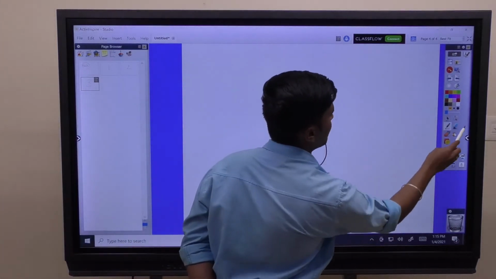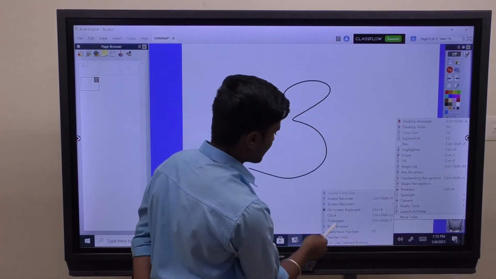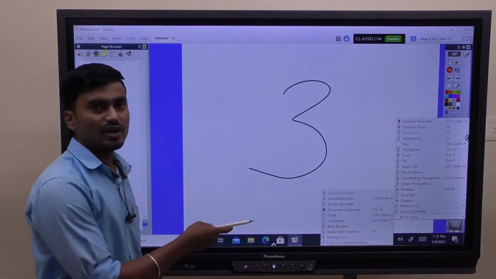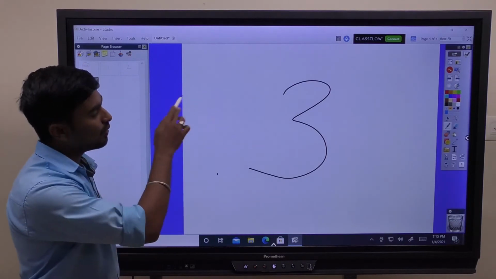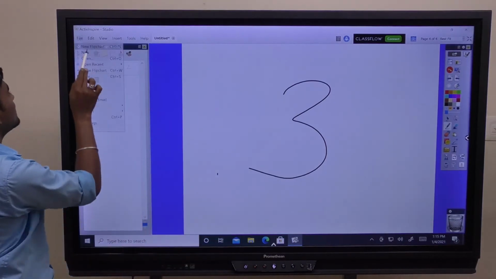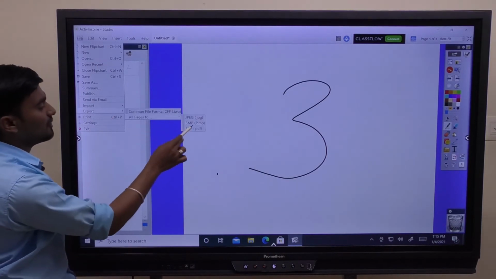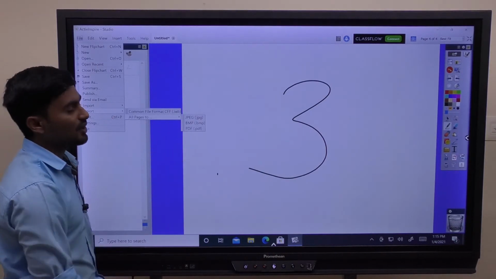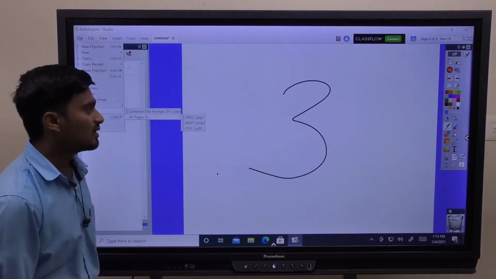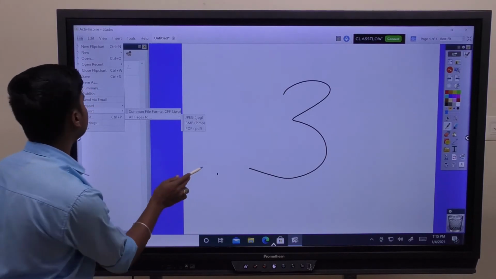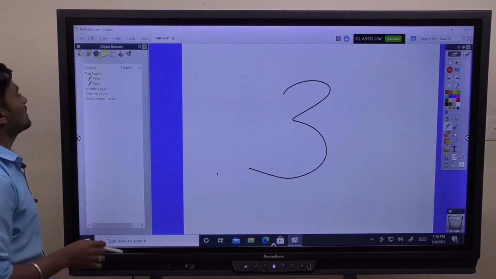And this software comes with screen record as well as sound record. Whatever you are explaining can be recorded, and whatever we explain can be exported as a PDF, BMP and JPG, which can be sent through WhatsApp and so on, as a soft copy for the students. And this has sources.